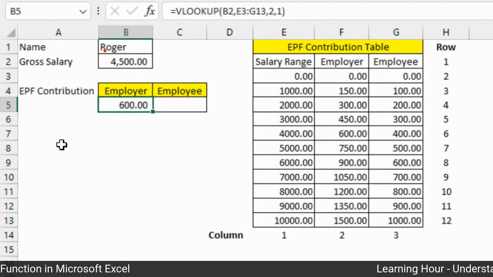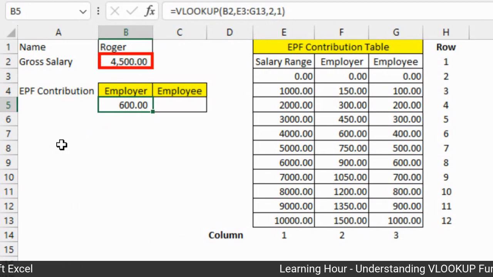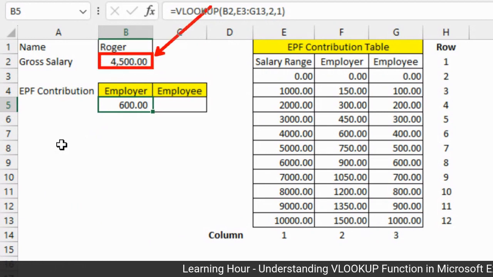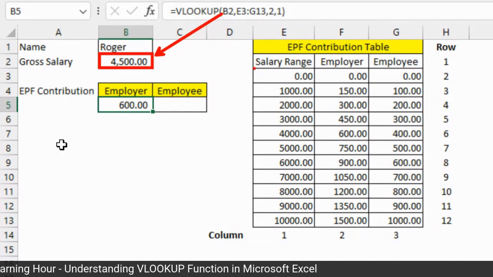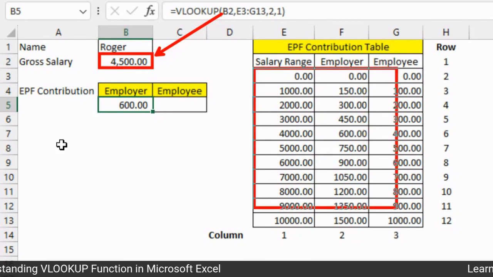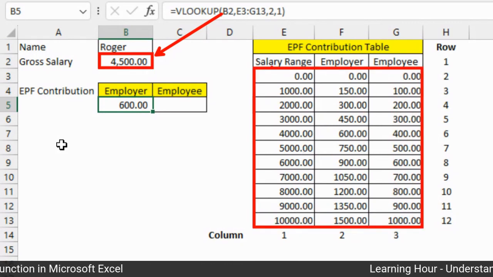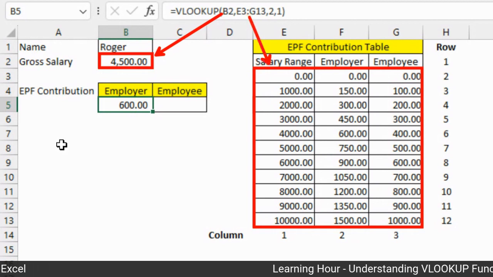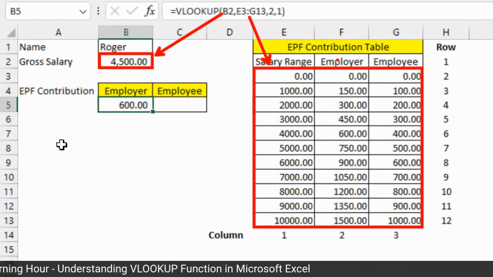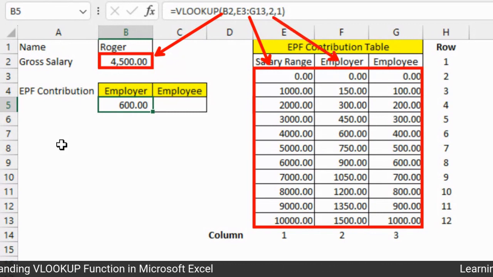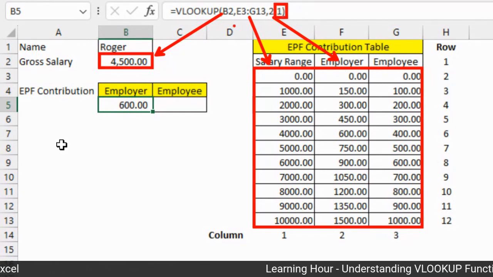Okay, you can see that we are looking for the value of 4,500, which is coming from cell B2. The data that we are looking for, the table array, is from E3 to G13. Then the answer comes from the second column, column number 2. And because we are using option number 1, we don't really have an issue finding